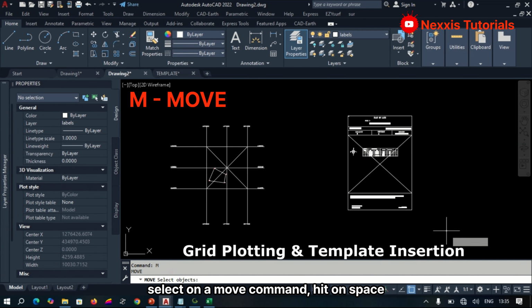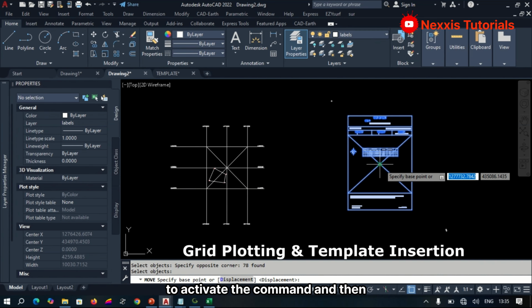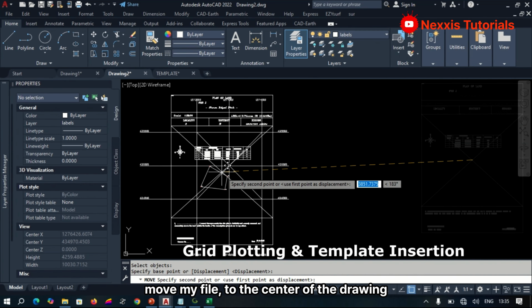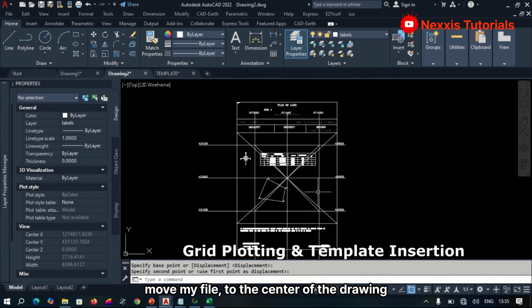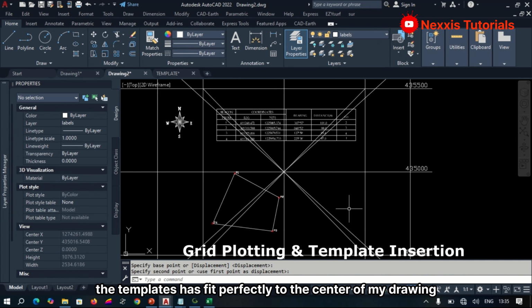Select on the move command, hit space to activate the command, and then move my file to the center of the drawing. You can see from here that by this method the templates fit perfectly to the center